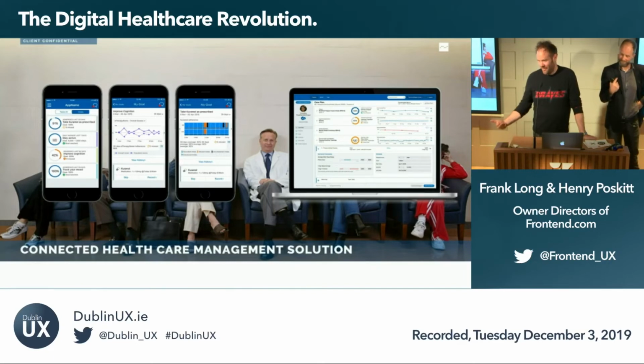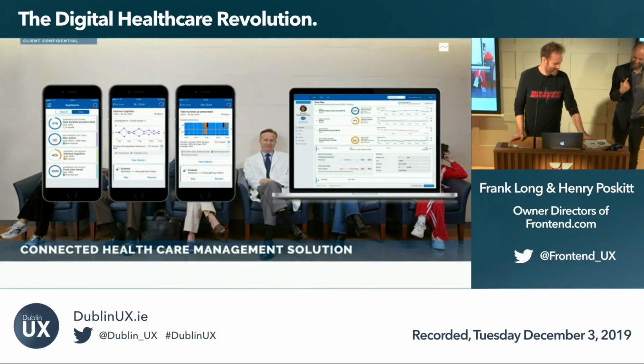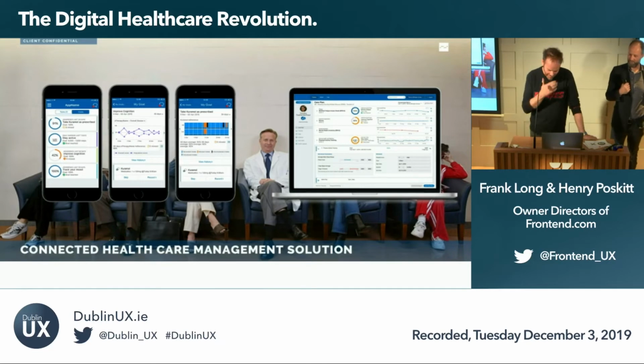Hence, it was from 5 years ago, because that's when everyone was thinking the digital healthcare revolution was upon us, right? But basically, this is a connected healthcare management solution that provided an interface for patients, an interface for doctors, and it also had a triage interface that could be monitored by a call center. And of course, with the beauty of a smartphone, you can track patients, you can monitor them, using Internet of